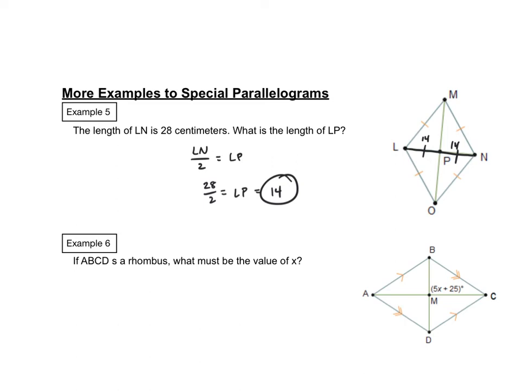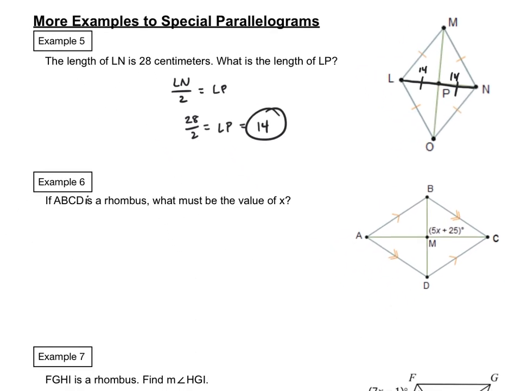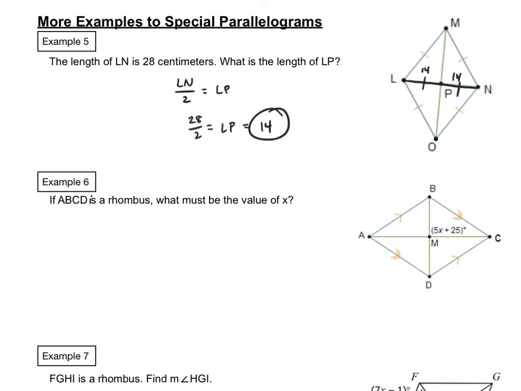Now, looking at example number 5, it says if ABCD, this quadrilateral, is a rhombus, what must be the value of x? Well, we know that the diagonals of a rhombus are perpendicular, and they also bisect each other. But more importantly, I just know that they're perpendicular, and that's going to give me the information to know that